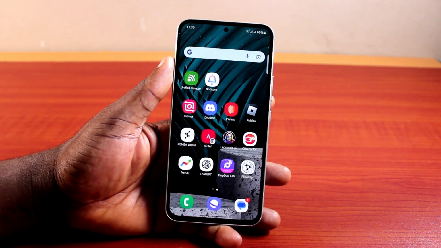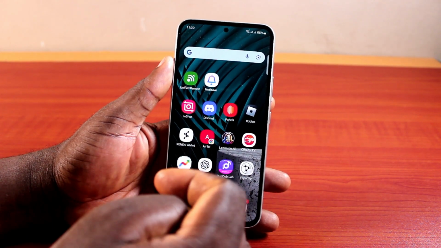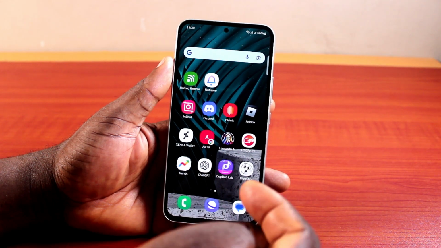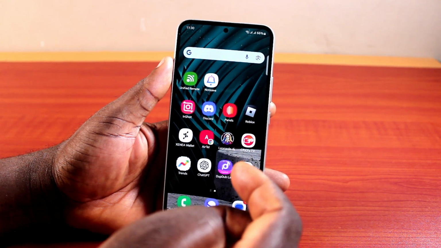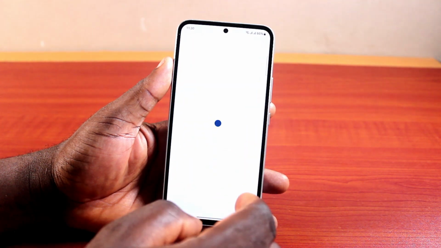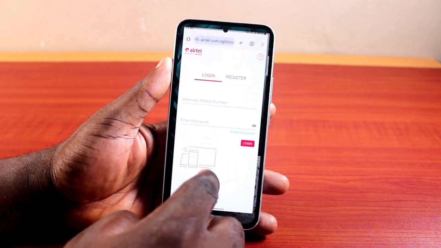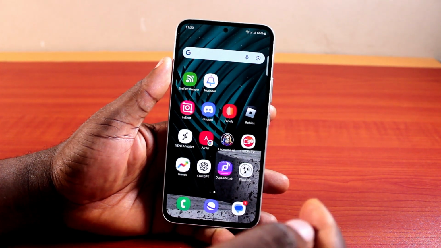How to add a shortcut on Google Chrome. So if you're using Google Chrome as your default browser on your phone, either Android or iPhone, and you want to set a particular shortcut on your phone, so you can easily click on it and open the website straight away, then this video is going to walk you through how to do this step